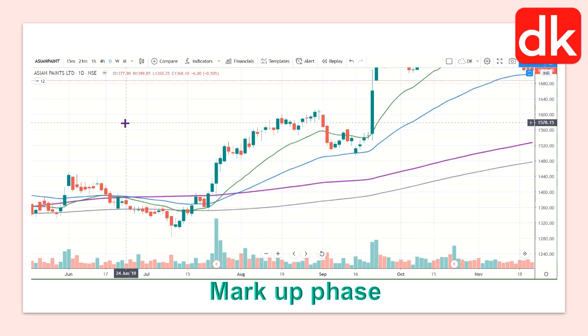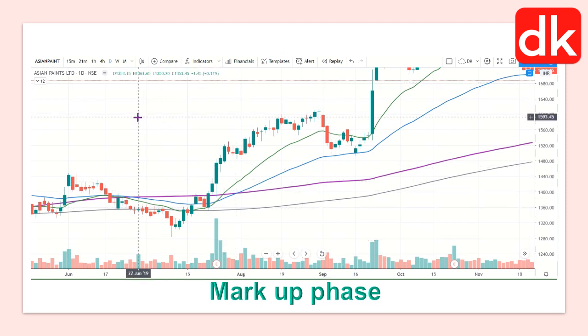So first we are looking at an example of an uptrending market. We can see this is the price chart of Asian Paints and it is an uptrending market, where price is making higher highs and higher lows kind of formation. And after the formation of this impulsive wave, we can say the market has started correcting in the opposite direction of the impulsive wave, which is this. So this correction is against the prevailing trend, which is an uptrend.